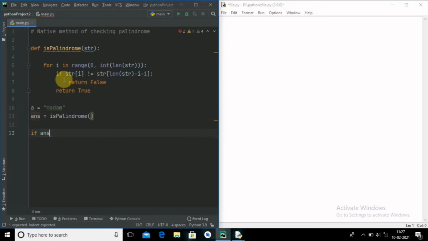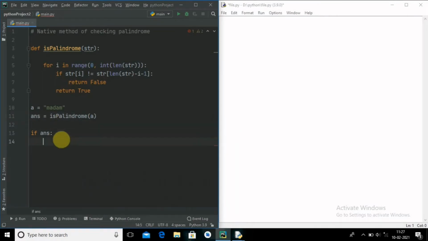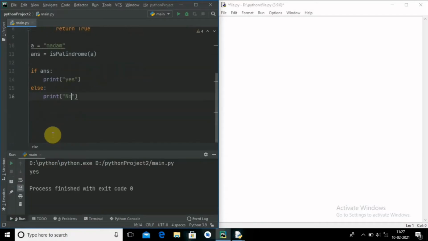Here in this I have to give a parameter, the string. Here you go. If answer, then print yes, or else no. Let me check it. When I run this code, you will find yes, it's a palindrome.